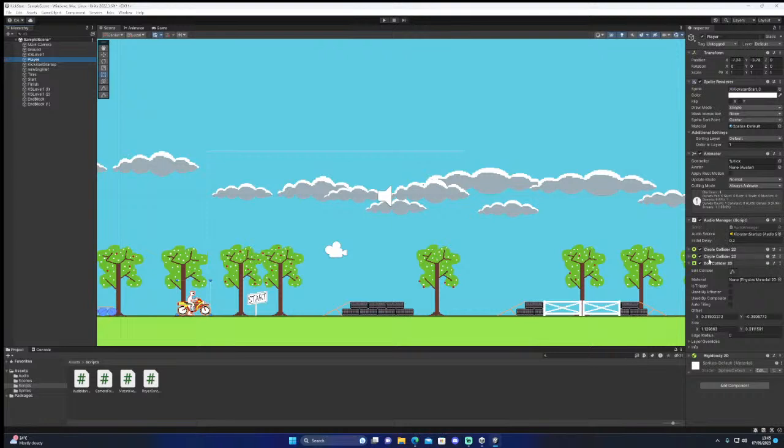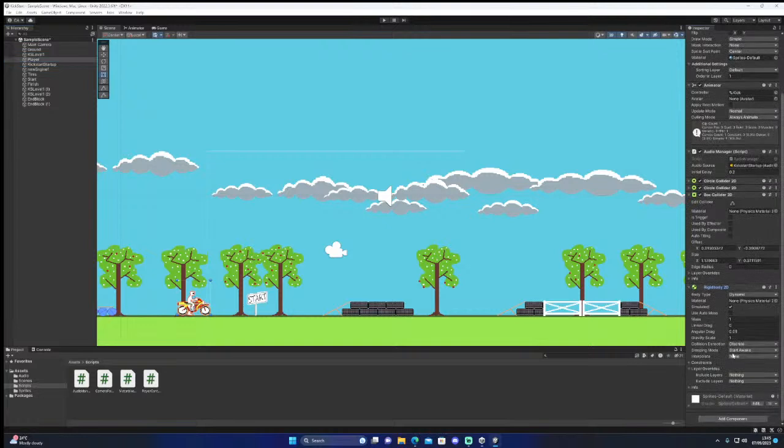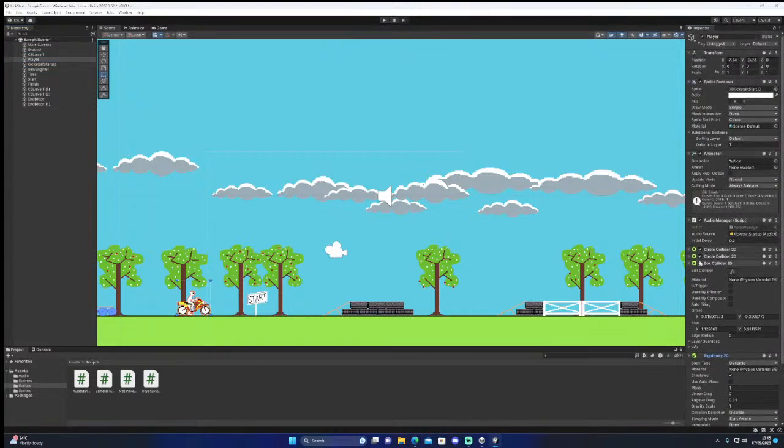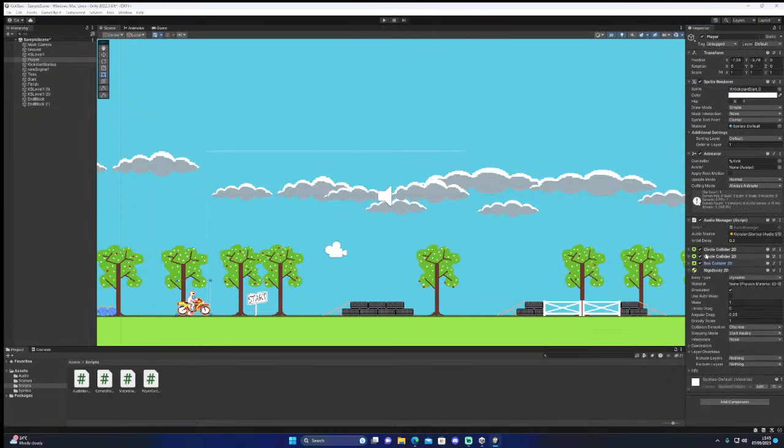Audio. There's the rigid body on. Have I got the controller on? I think I have. So let's put the controller on, which is just a script basically that ChatGPT made me.